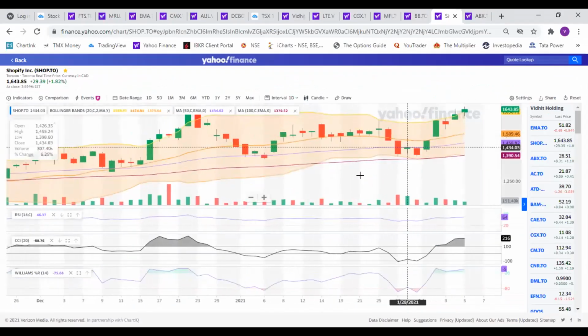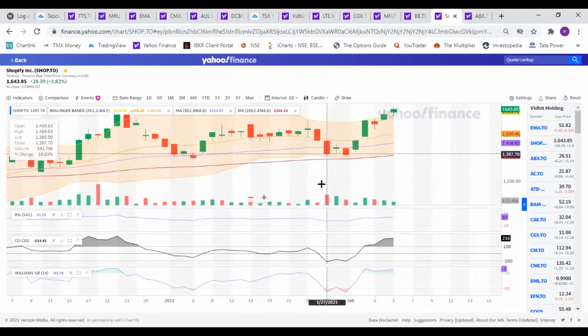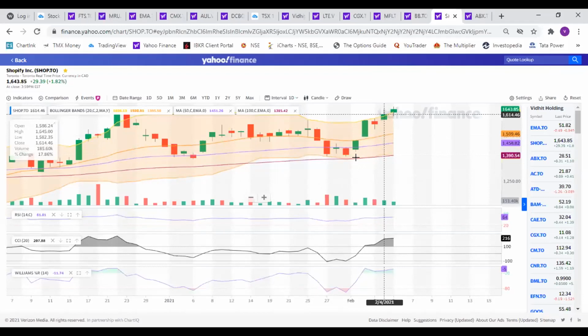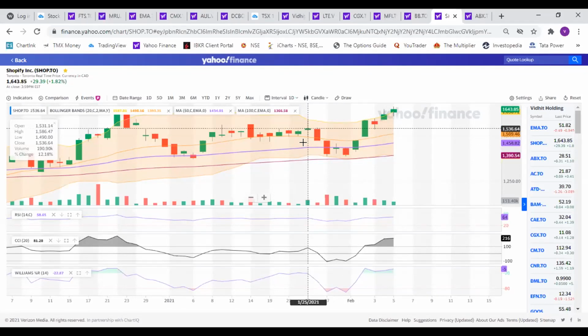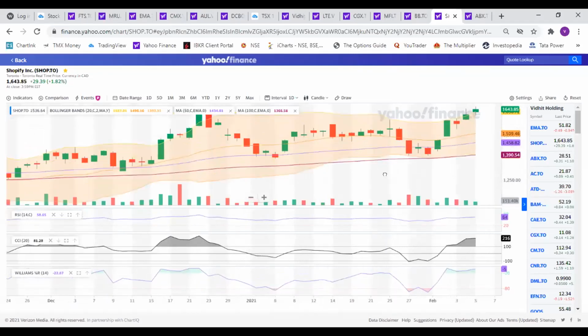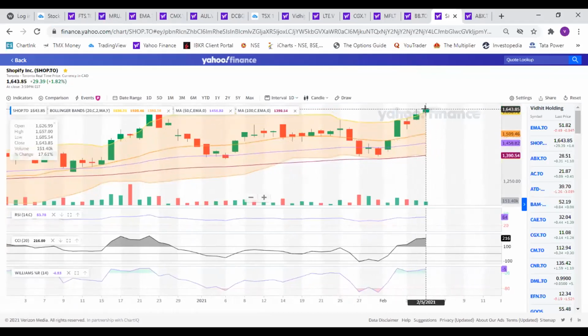Now, what I normally do is I look at the chart. I have added two more lines into this. This is one, which is a 50-day exponential moving average, and this is the second one, which is the 100-day exponential moving average. Whenever I'm making a study, I always add these two also, right? Why I add these two, I'll let you know immediately, but first understand my Bollinger Band movement position.